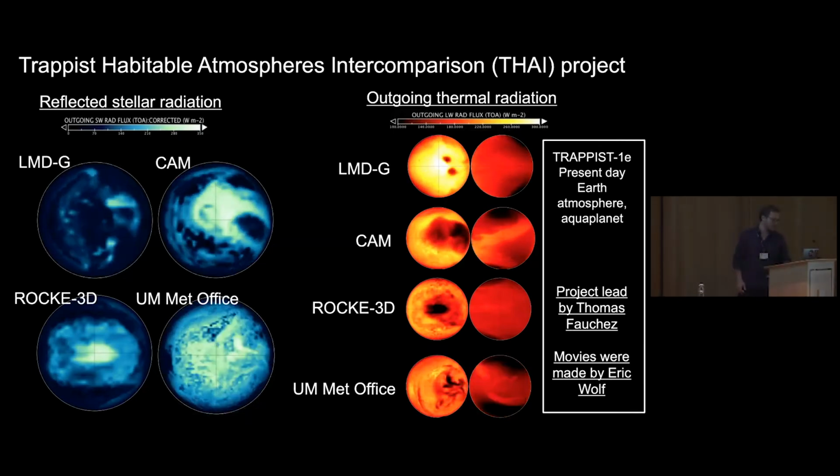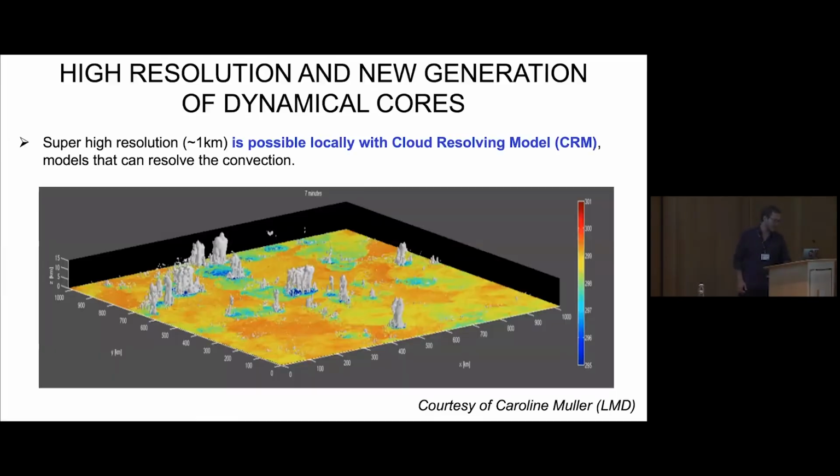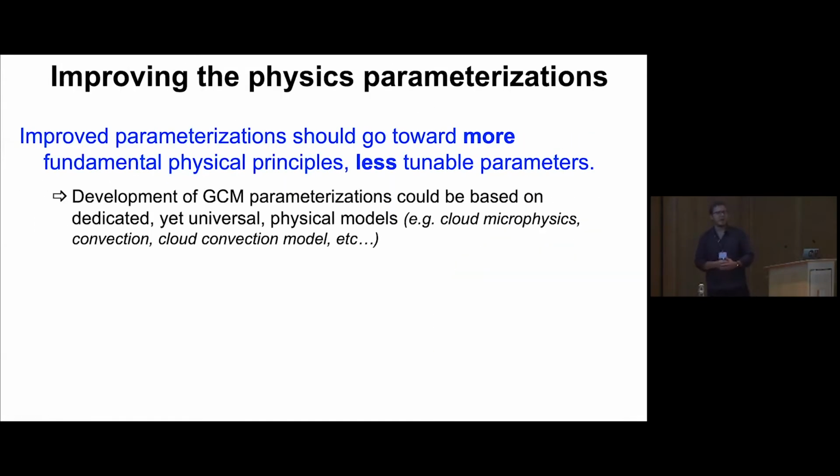We have a lot of work to do in this specific area, and one way to improve our understanding of how convection works in non-Earth, exotic conditions such as synchronously rotating planets, is to go for higher resolution, and in particular to use things like large eddy simulation or cloud resolving models to learn more about how cloud convection works when you can resolve it, and then use it as input in the GCM that cannot resolve it, to better simulate the effect of unresolved physical processes on the large scale and potentially on the evolution of such planets.